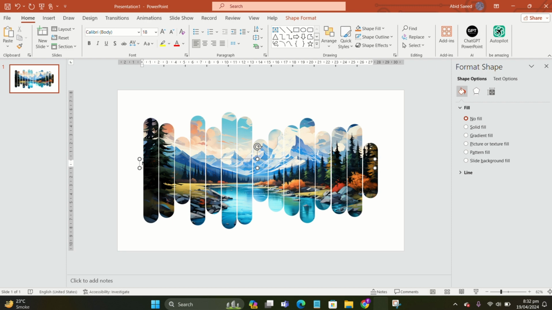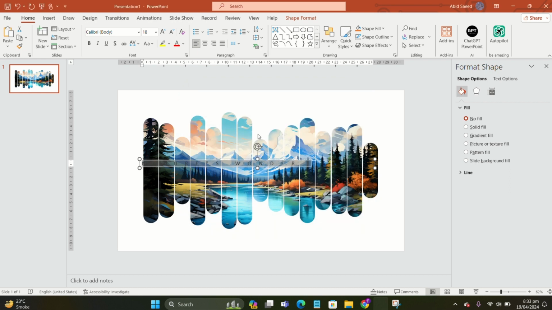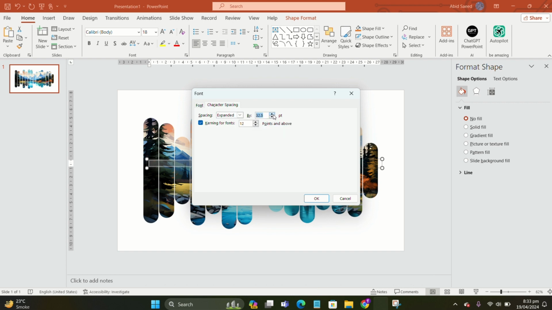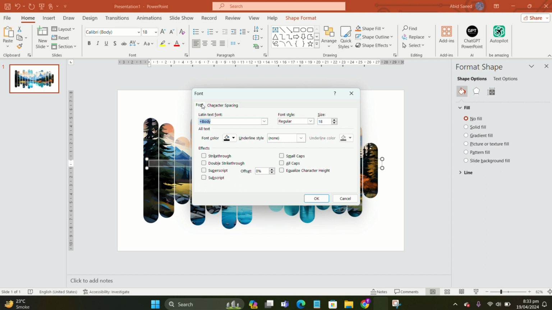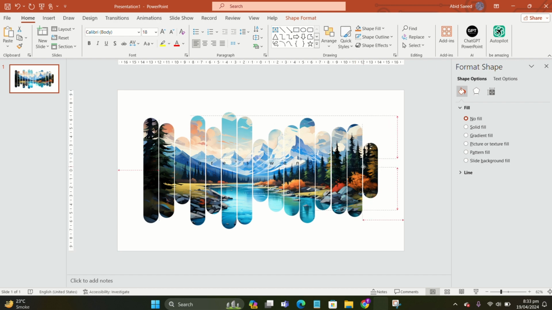What you're gonna do is enter the text, select it all, go to letter spacing, more spacing, and then increase the spacing by 30 times. Next, you're gonna change its font. Close this tab. Increase its size